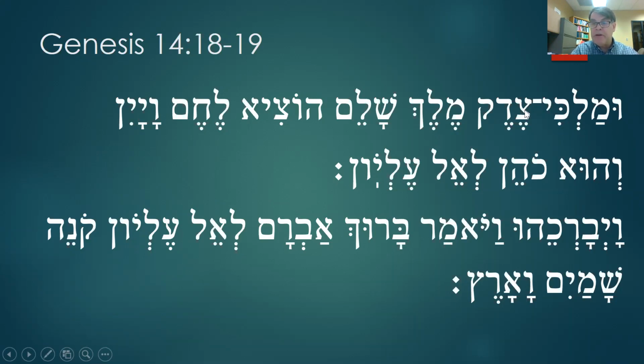Maqqef. This letter is a tsade. This vowel is a segol. This letter is a dalet. This vowel is a segol. And this letter is a, I feel like saying, this little piggy went to market, and this little piggy had none. Okay, this is a qof. So putting it all together, we have Melchizedek. Wait a minute, Melchizedek? Melchizedek.